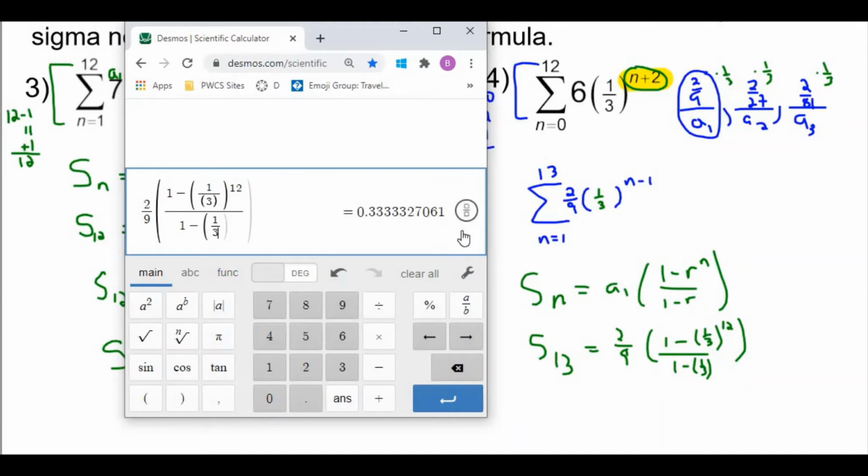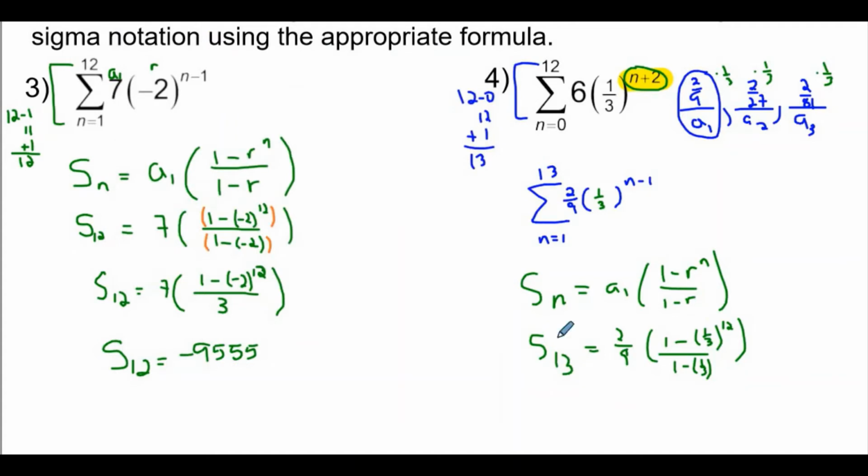Okay, and it comes out to this crazy answer, right? And so we're just going to keep it as, we'll just go to 3 decimal places maybe. If you want to write out more, that's fine. So it would be 0.33333. Why don't we go to this 2 here so you realize it's not a third. So 33333. So there's 5 3's and then a 2. So S of 13, the 13 terms added up are